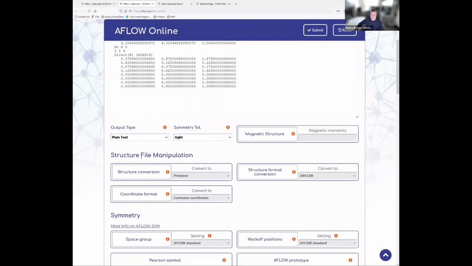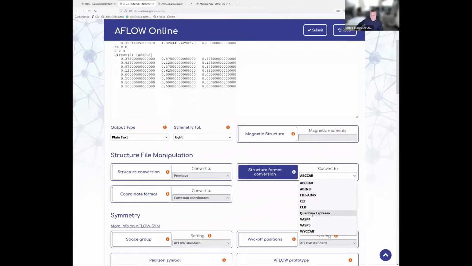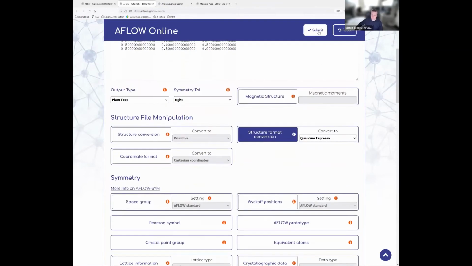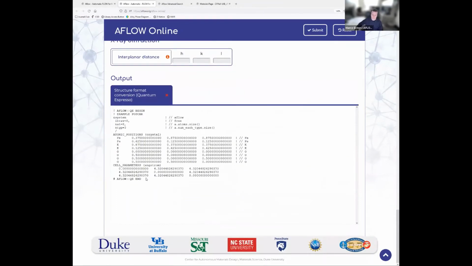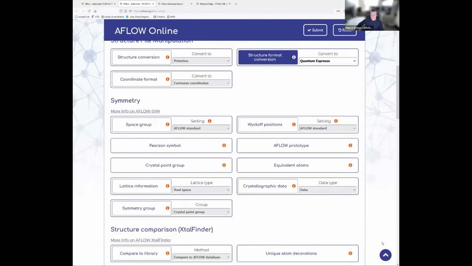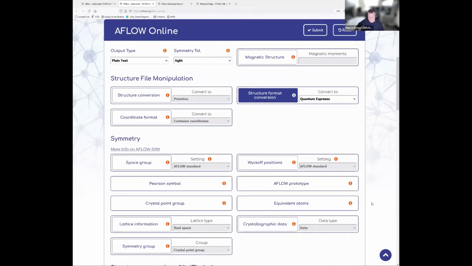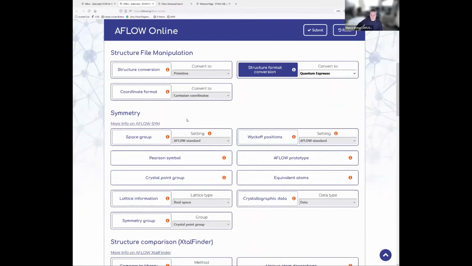And you can manipulate the structure files. You can, for example, convert this one to Quantum Espresso by clicking on the structure format conversion, click on Quantum Espresso, and then you click Submit. And what it does is it returns your structure file back in Quantum Espresso format. Bottom here is a back to top button, and that is what we're going to click on to check out the symmetry stuff. Let's determine the space group, and there we already see we have a certain choice of the setting,